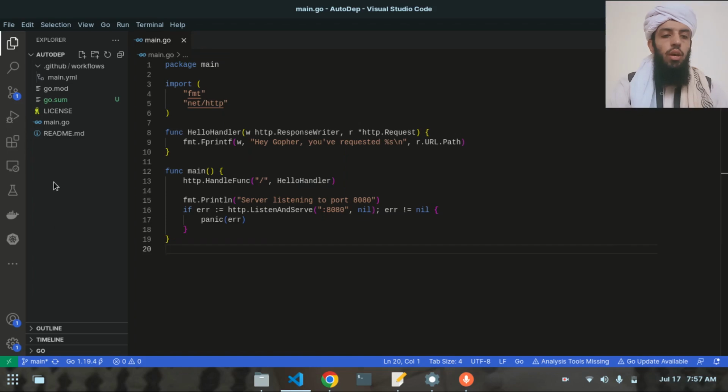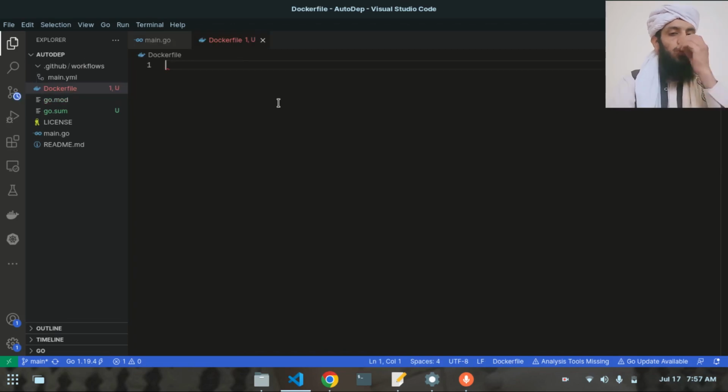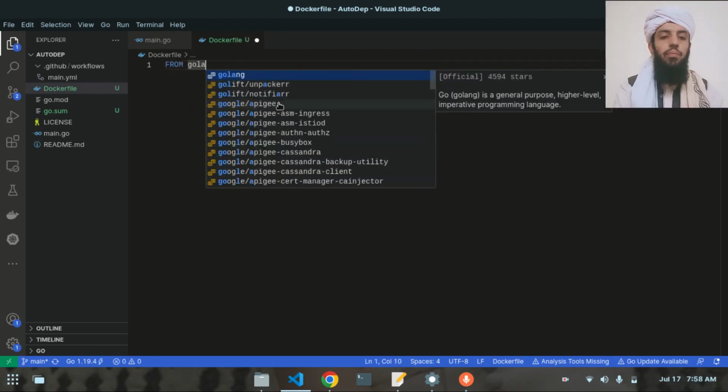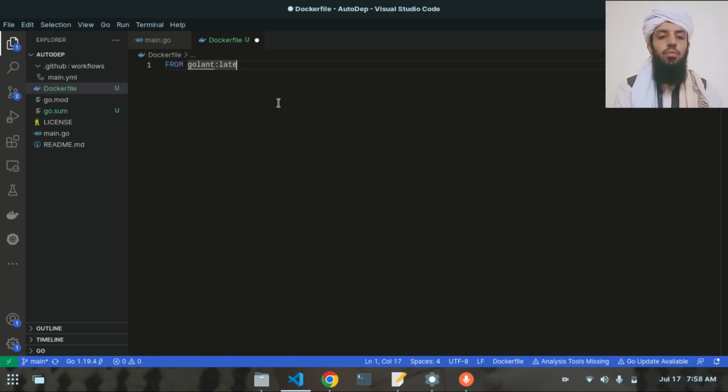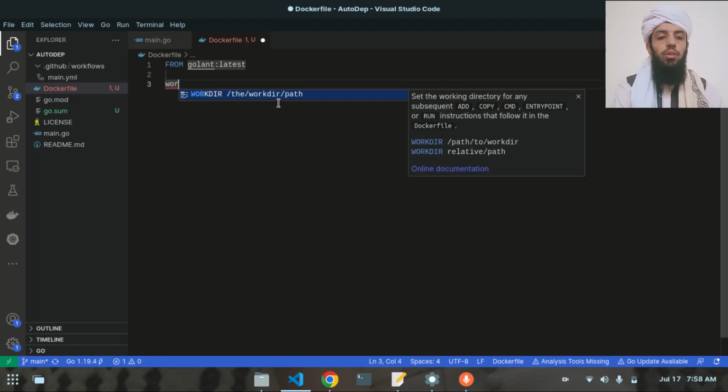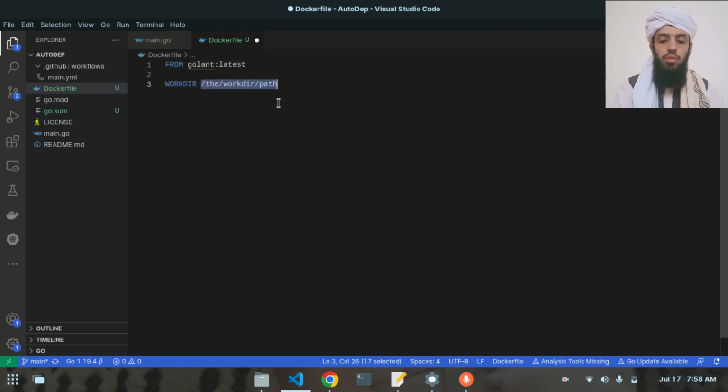So what I will do now is create a Dockerfile for it. Inside this Dockerfile, first of all, I write Dockerfile, and now I will write a script. The first thing that I'm going to write is FROM golang:latest. All right, and after that the next thing I'm going to write is WORKDIR /app,